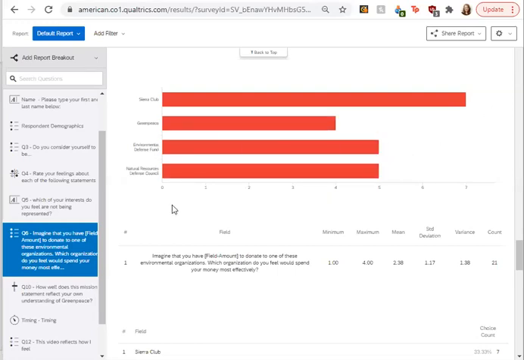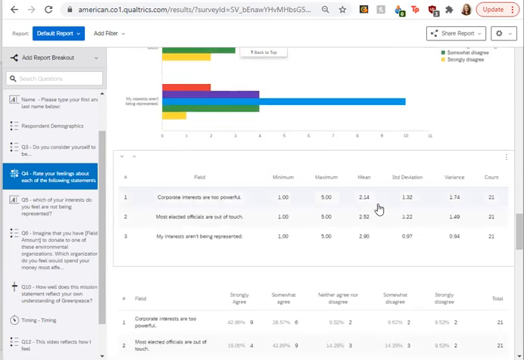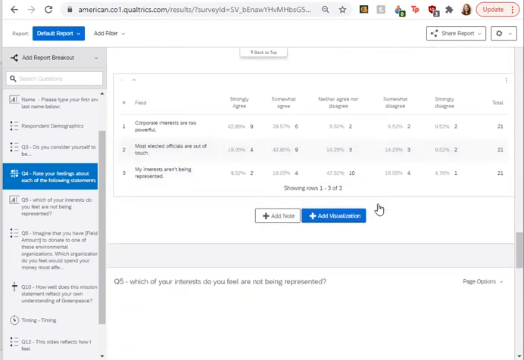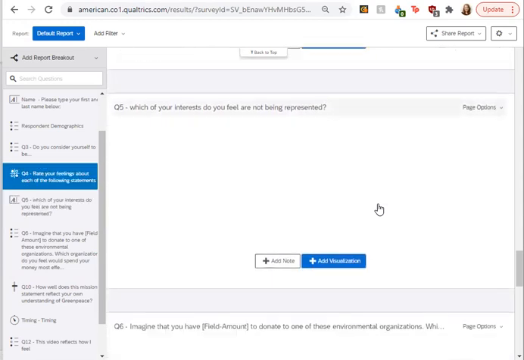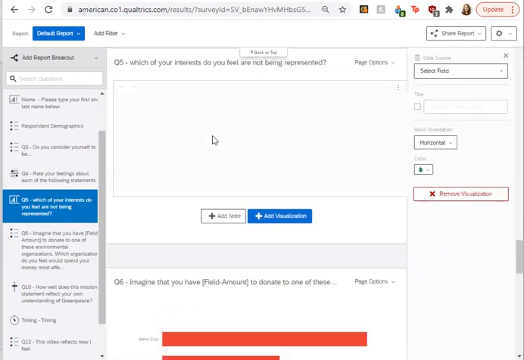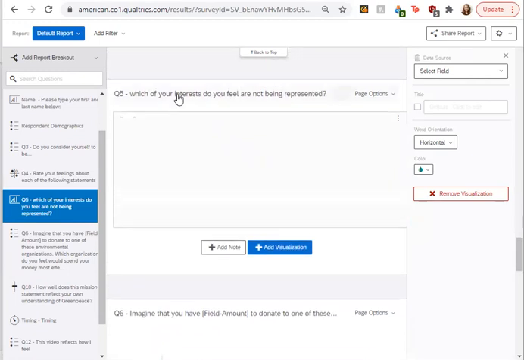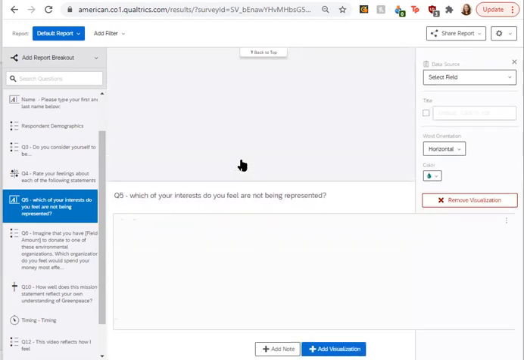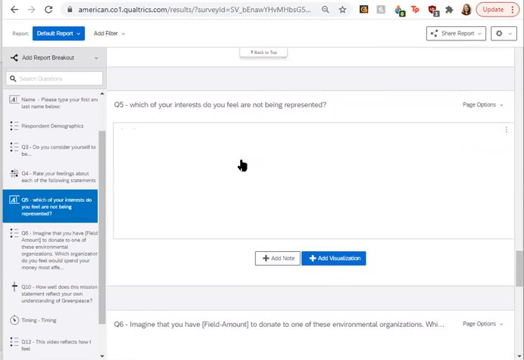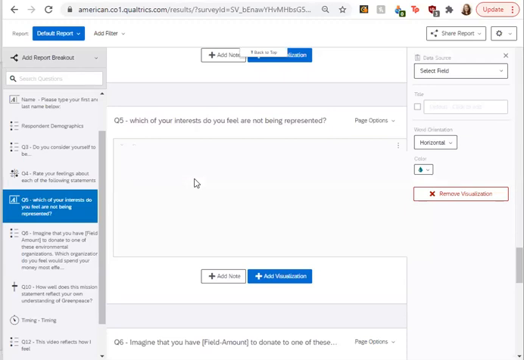All right, so we're going to go to a question where participants had to write their responses in. So if we go to question 5, in response to question 4, if they selected which of their interests they felt weren't being represented, then the follow-up question is which of your interests do you feel are not being represented?